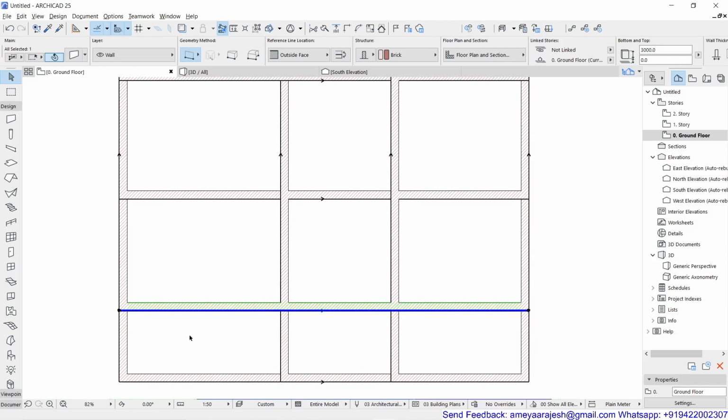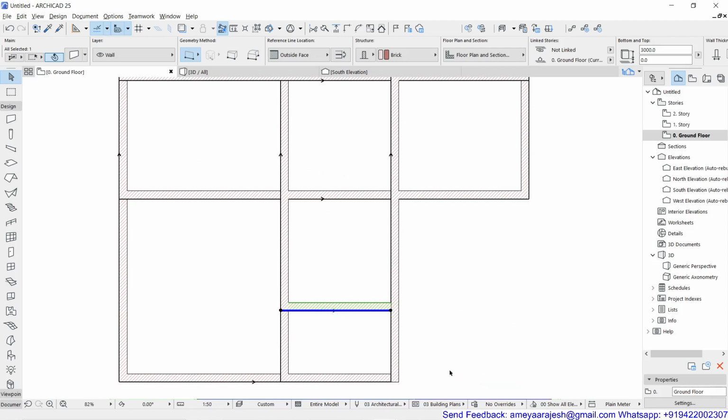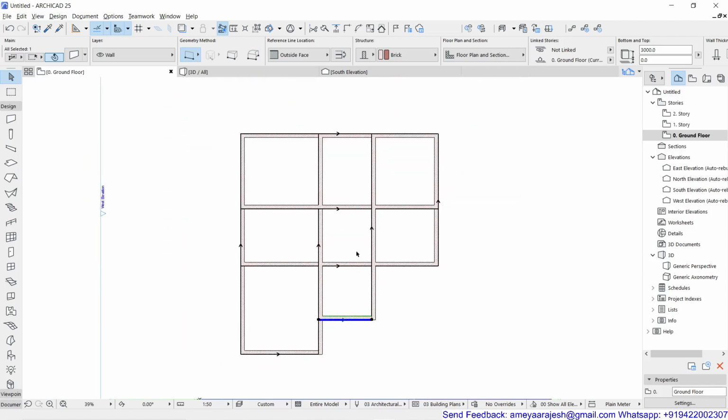Now, how about removing these segments? Either you can use the Control key, that is trim. You can just check it out. If I hold down the Control key, I get the scissor tool, which you know very well, and I can just keep on trimming this. Fine, so I can just start trimming these segments which are of no use for me.